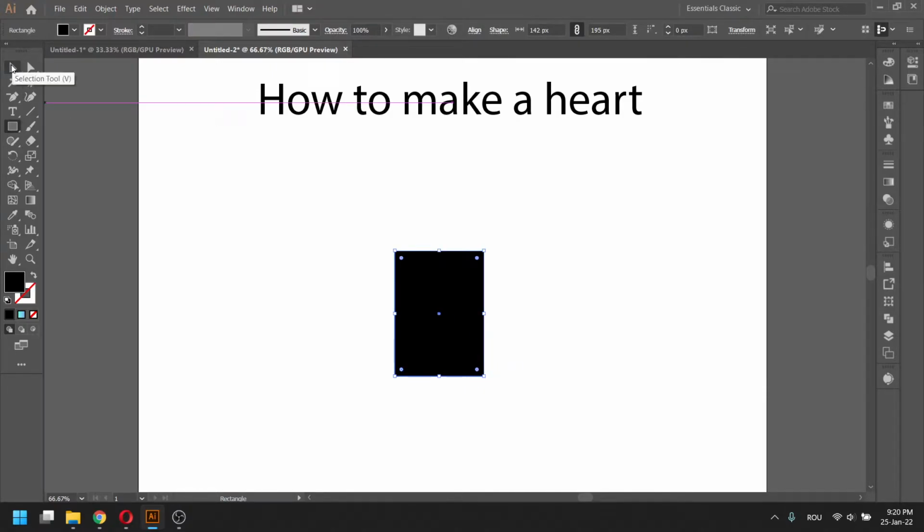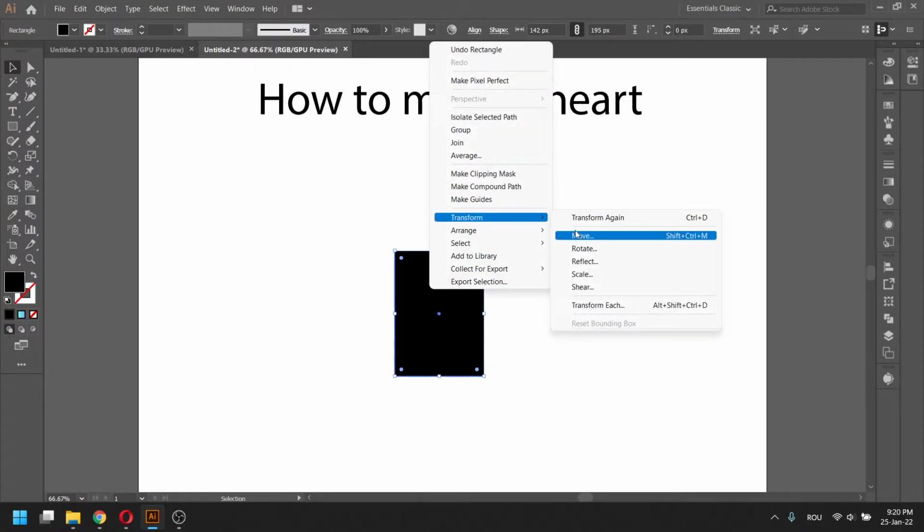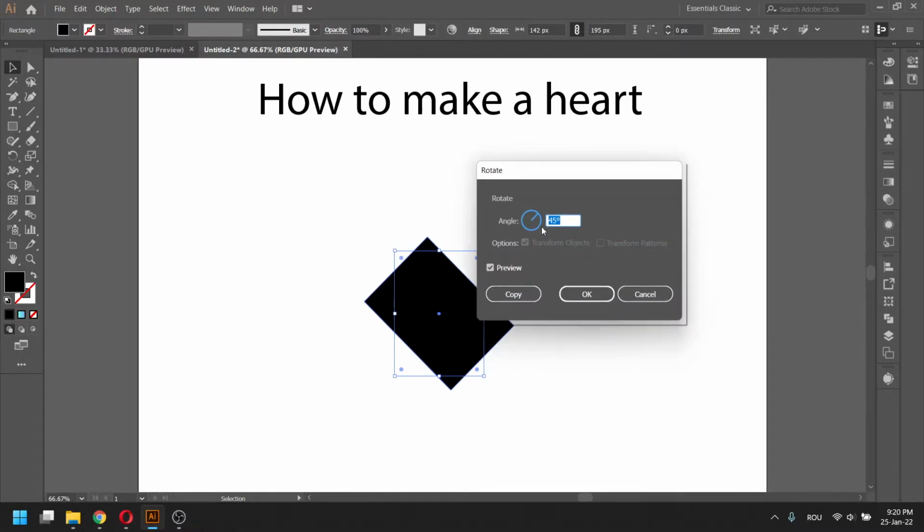After this we need to go on the selection tool. You select the object and the next step is to right click and go to transform and rotate. We need to have it on 45 degrees,